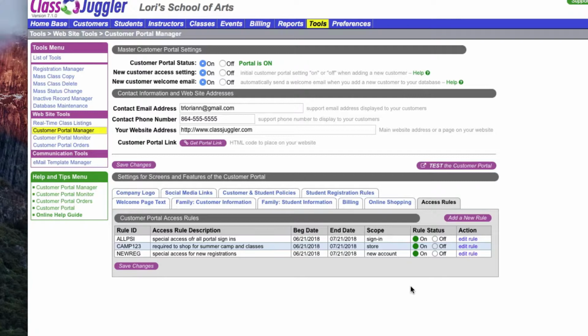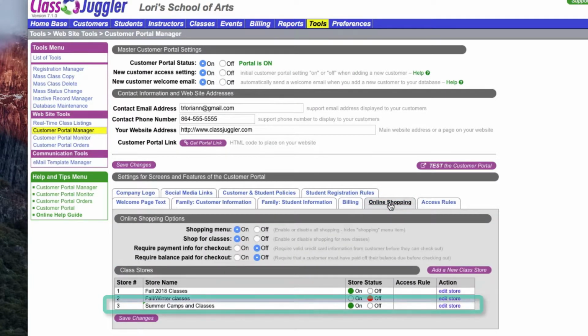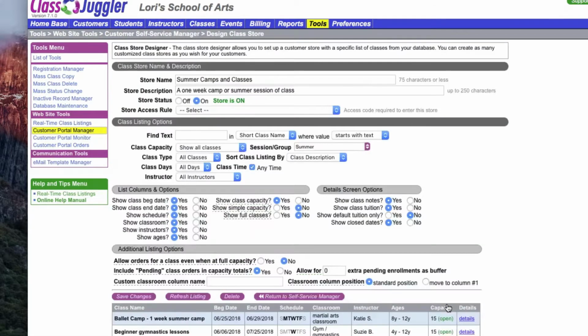Before we can look at this access rule, we must add the access rule that we just created to one or more of our class stores. So let's return to the Online Shopping tab. I'm going to go to my Summer Camps and Classes from the Edit Store. Now when you look in the very first section of Class Store Name and Description, you'll see a new line, Store Access Rules. So I'm going to choose the Camp 1, 2, 3. I'm going to save my changes, return to the Self-Service Manager,